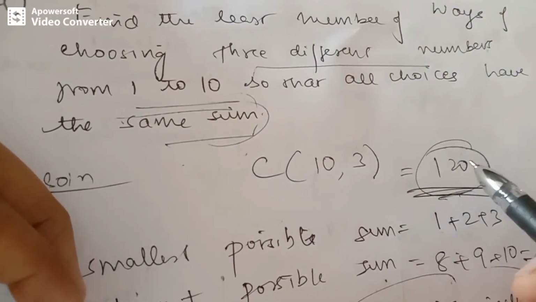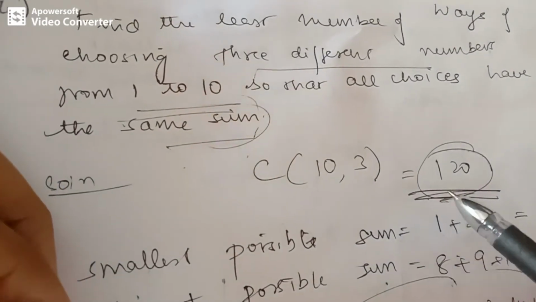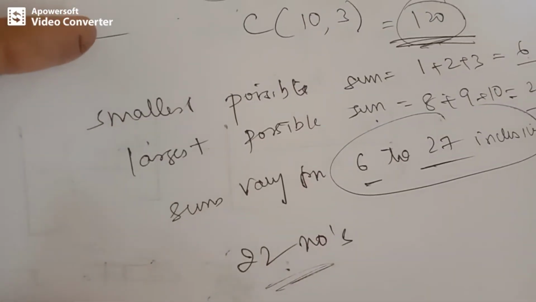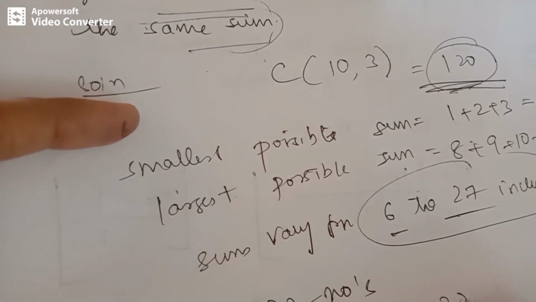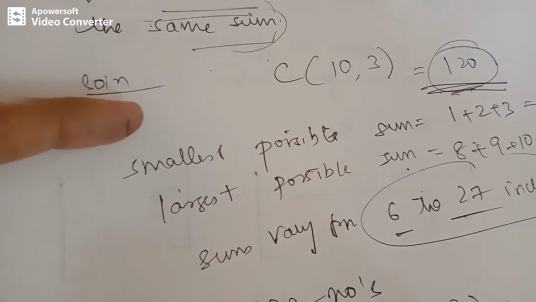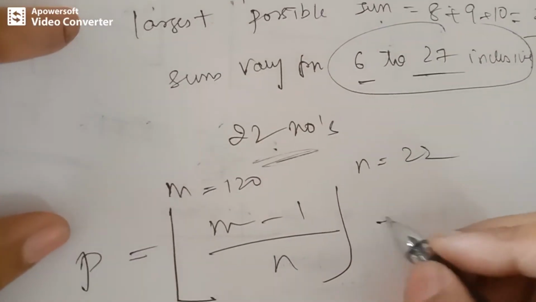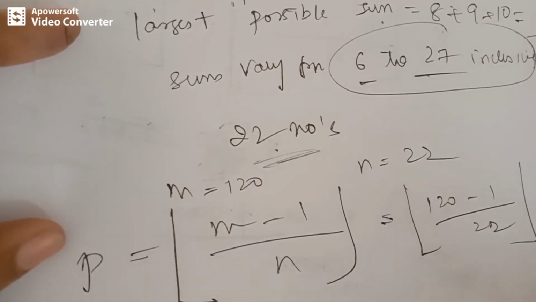So we have to select in such a way that we have to find out the number of choices which are having the same sum. So let us apply the pigeonhole principle, where m is 120 here, n is 22. So we have to calculate p, the floor value of (m minus 1) by n, which is nothing but (120 minus 1) by 22. So what do we get is,